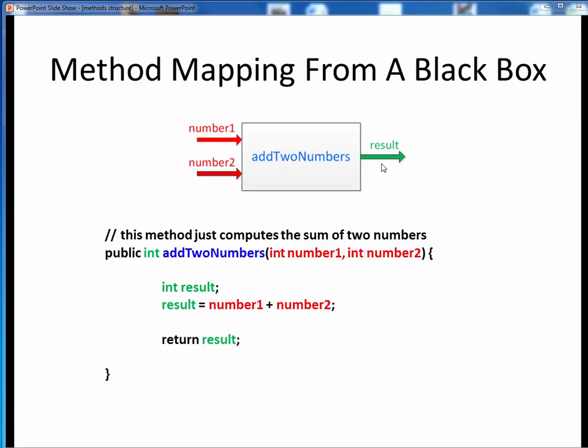The output side of this model translates to the left side of this method interface. The input side translates to the input arguments within parentheses, and the name on the black box simply becomes the method name. Within the method, all these quantities in green correspond to the output, or the unknown, or what we